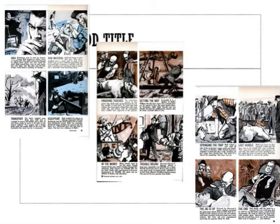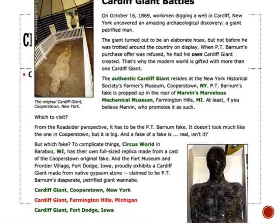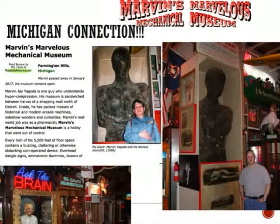P.T. Barnum tried to buy it. They wouldn't sell it to him. P.T. Barnum ended up making his own version of it, so it was like a fake of a fake. And now the original fake of the Cardiff Giant is in the Farmers Museum in Cooperstown, New York. But P.T. Barnum's fake might actually be here in Michigan,